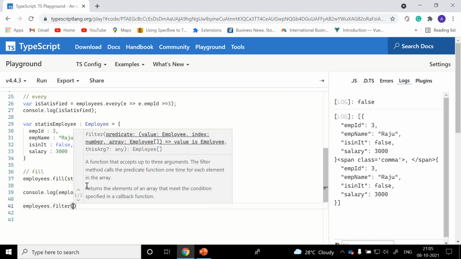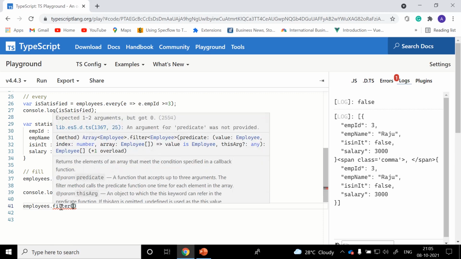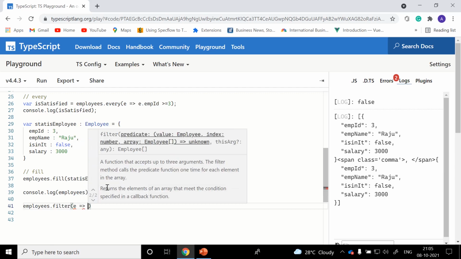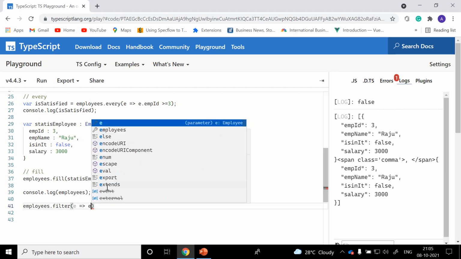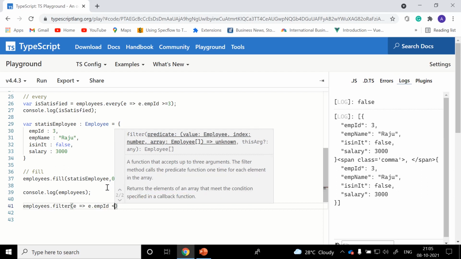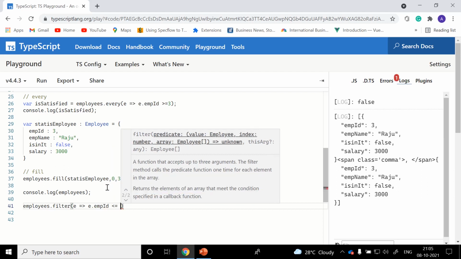This is one of the important extension methods present on arrays: filter. Filter returns all the elements of an array that meet the condition specified in a callback function. Again, it's a predicate. For example, for each employee in this employees list, the employee ID is less than or equal to 2.